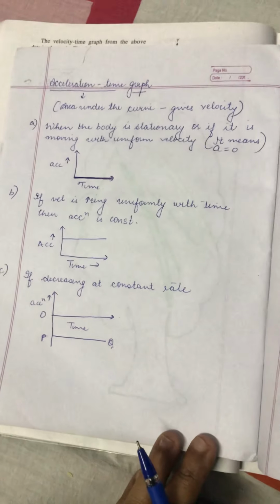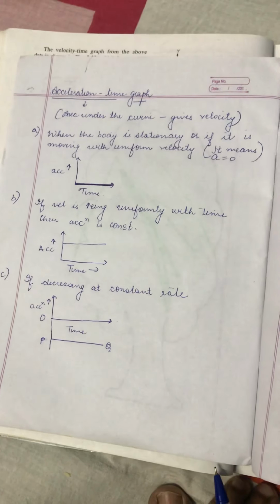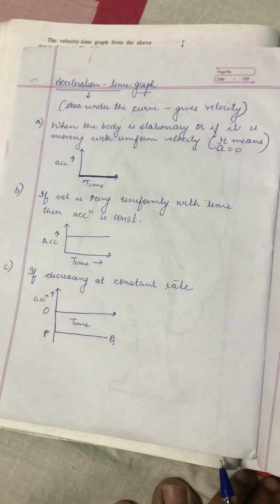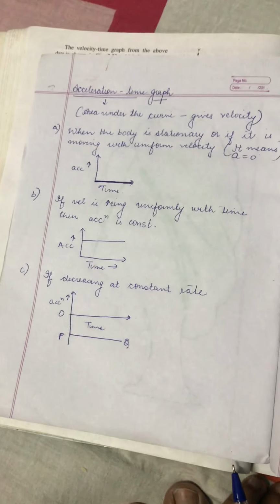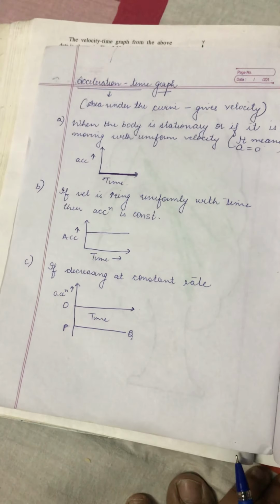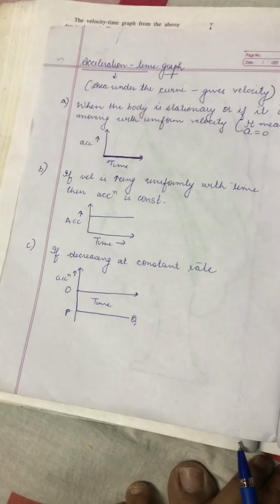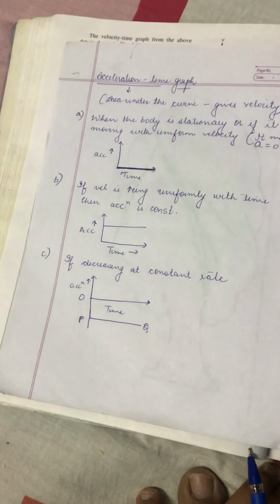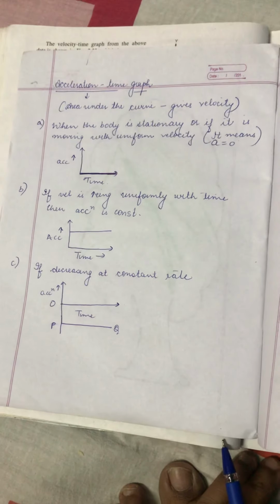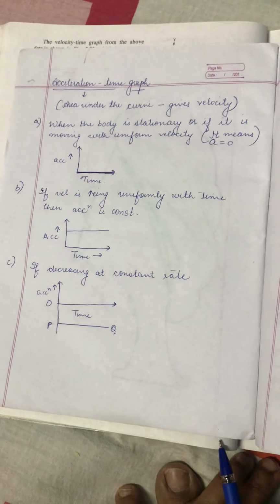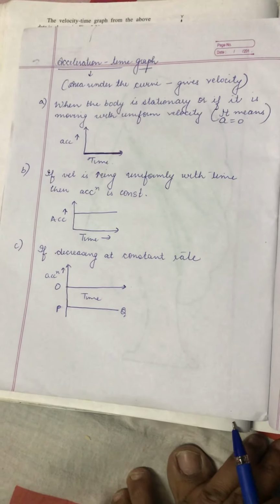In this graph, we only talk about the uniform acceleration part. And one thing, as I told you, if you have displacement, velocity, and acceleration graphs: from the displacement slope, you will find out velocity. From the velocity graph slope, you will find out acceleration. On the other hand, from the acceleration-time graph, the area under the curve gives you velocity, and the area under the velocity graph gives you the displacement or distance. That is very important, beta. This is just the gist of this part. If you remember these things, you will never do your questions wrong in exams, that's for sure.